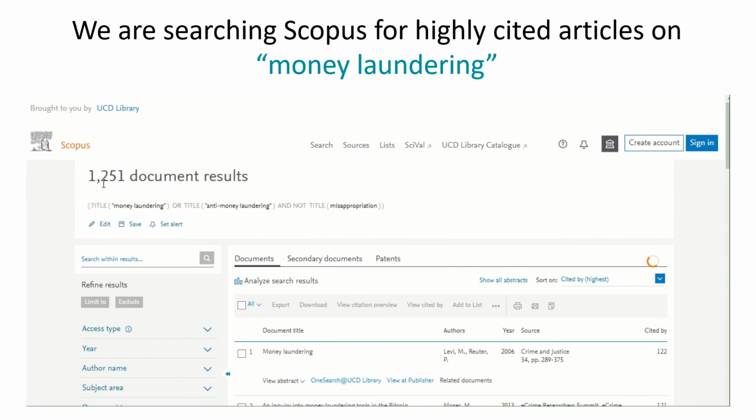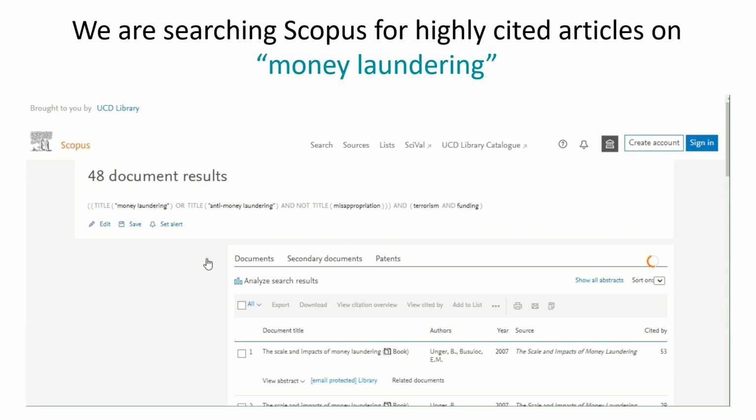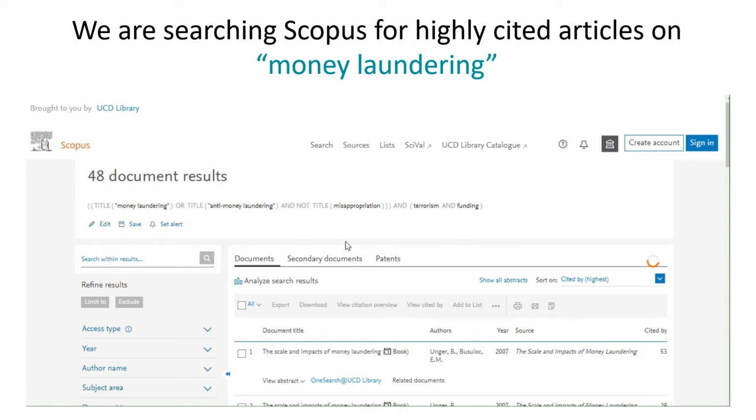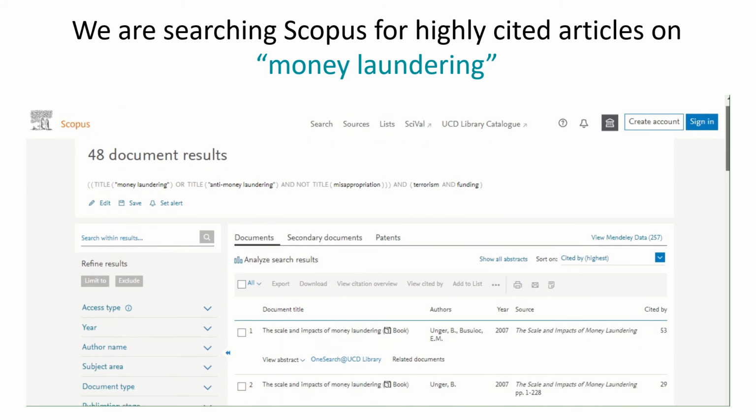So I've got 1,251 results coming back. So I could search within the results by keyword. So I could look, let's say, for terrorist funding or terrorism funding, and click on search. And I'm now down to 48 document results, and I can scroll down